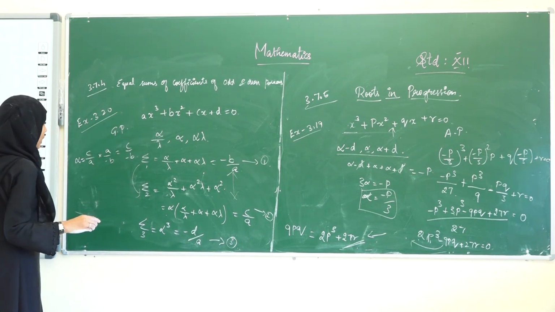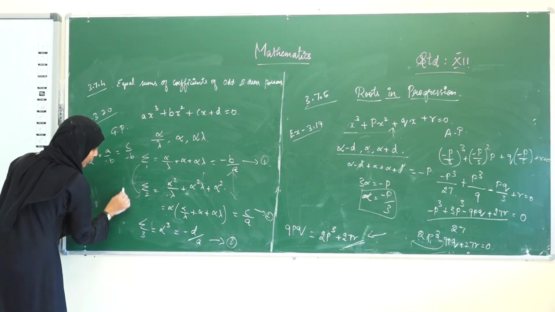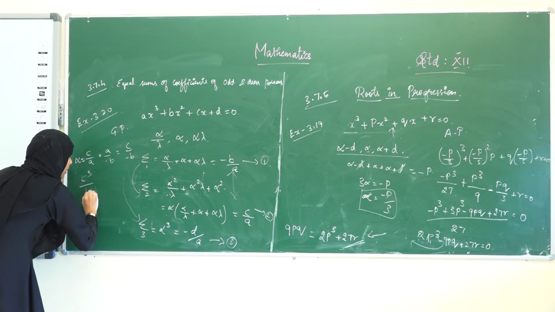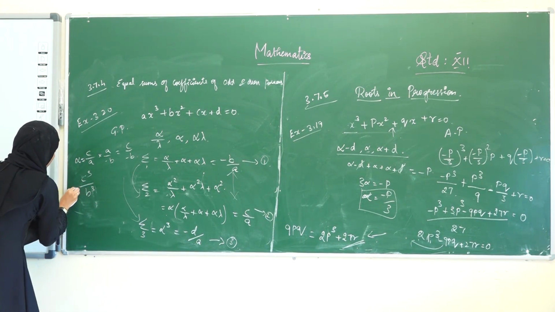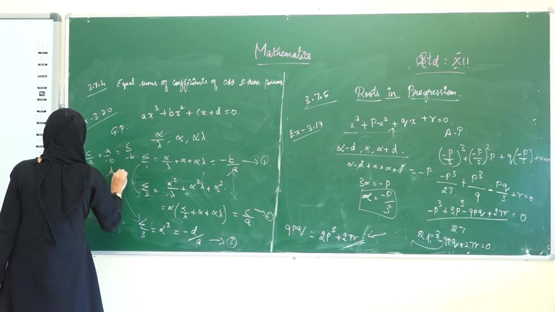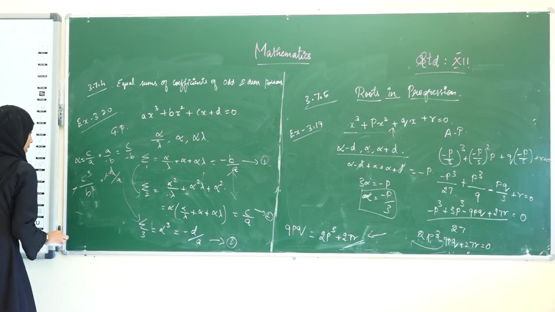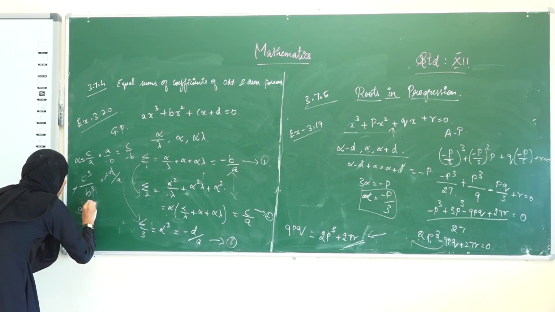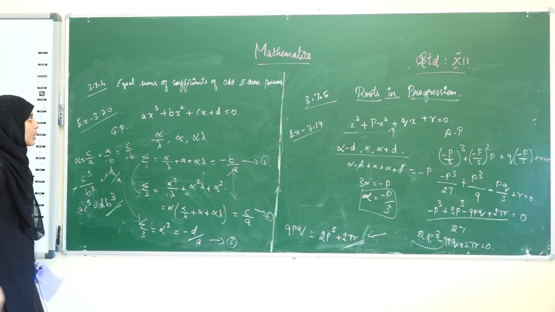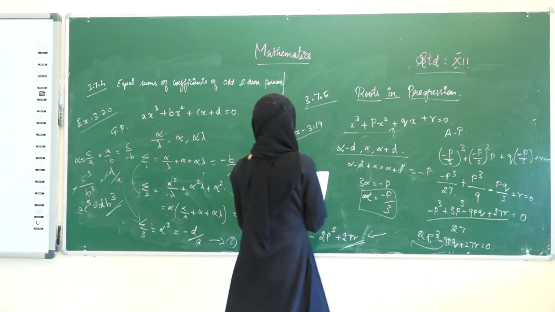Since the alpha's value is c divided by minus b, we can substitute in the third equation, that is c cube divided by b cube. Minus becomes as it is, because minus power cube is minus, which is equal to minus d divided by a. Minus and minus get cancelled, therefore a c cube is equal to d b cube. This is the required condition of this equation.